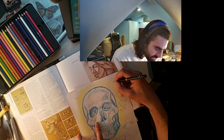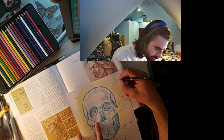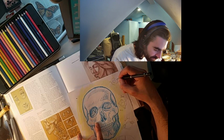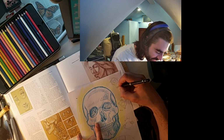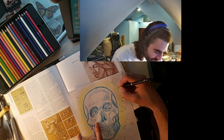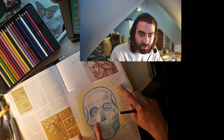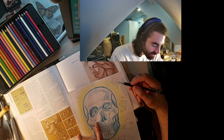And it comes out like a weird little bumpy thing, and another weird little bumpy thing, and another. These are the weirdest. How does our body know how to make these things? It blows my mind. I mean, of course I know morphic resonance, but do you see that? We have a bone that's like that. Oh goodness. So I don't feel like shading them all in, but